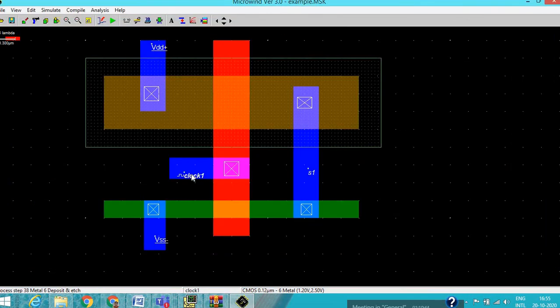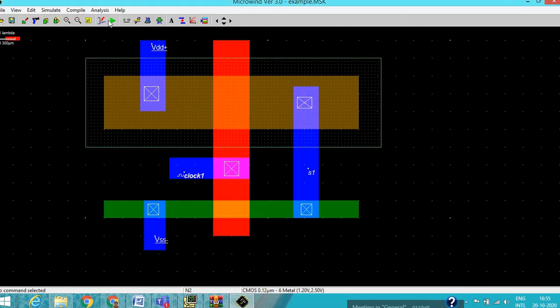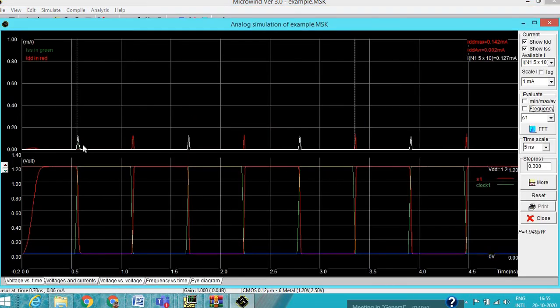Let me make it somewhat faster. Yes, we can see here the IDD of the CMOS inverter as well as this waveform, both, right?